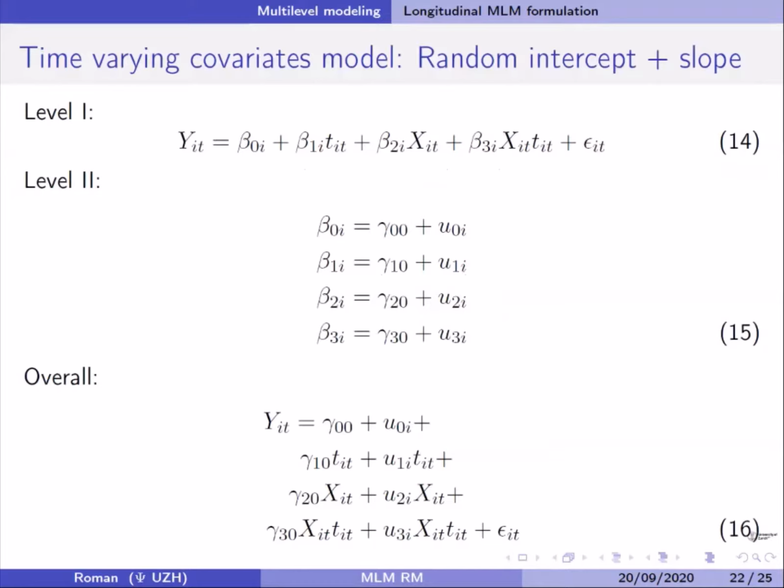Things get more complicated with a time varying covariate. This math will blow up pretty quickly here. Okay, so now x_it is a time varying covariate. Again, notice the it, this varies by time. So we could think of this as something like math ability. Maybe if you're better at math, you have more social skills. So in this example, x is one vector of math ability, and it varies by individual and time,